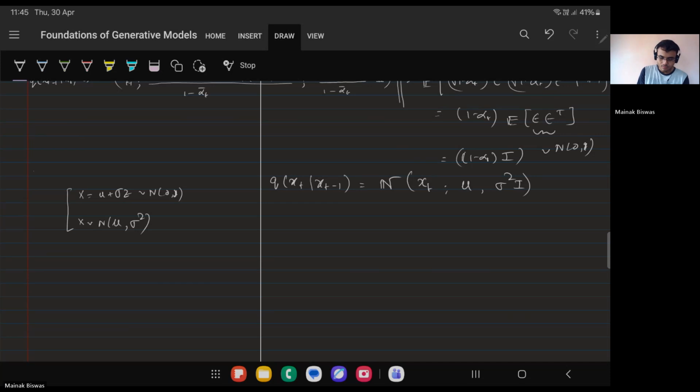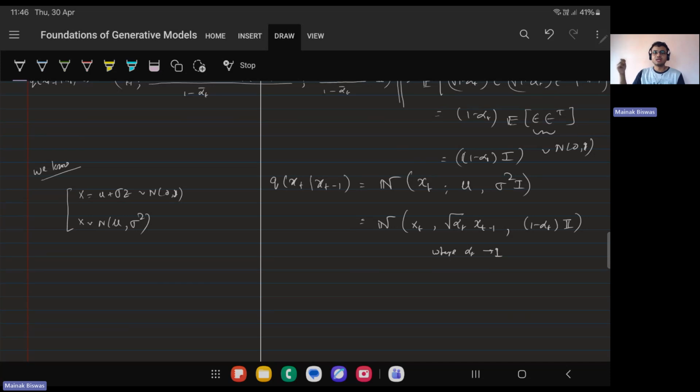We know, right? So we can write this as the normal distribution of xt with mean root alpha t xt minus 1 and covariance 1 minus alpha t into the identity matrix, right? So where alpha t tends to 1. Right. So now I know exactly the forward process. I know exactly this is a normal distribution. Every point I will be able to get. So this is how to get the tth noisy image